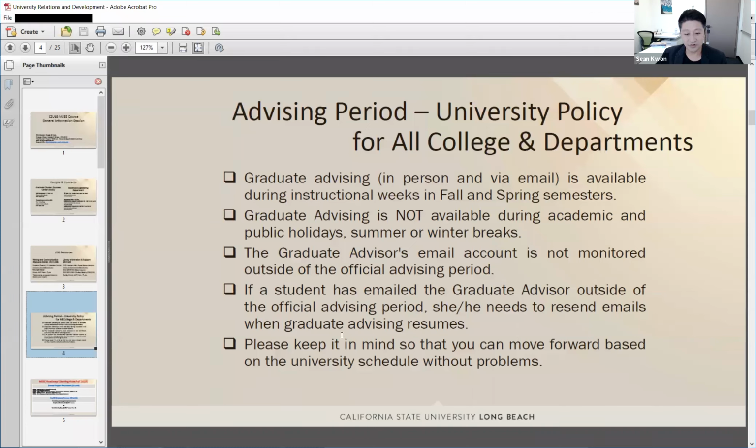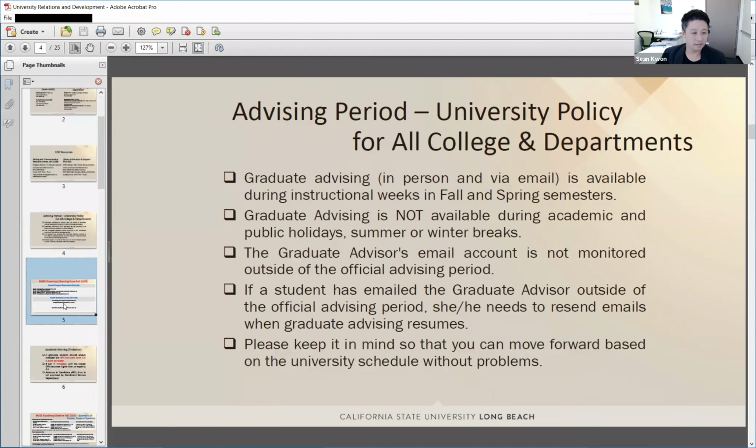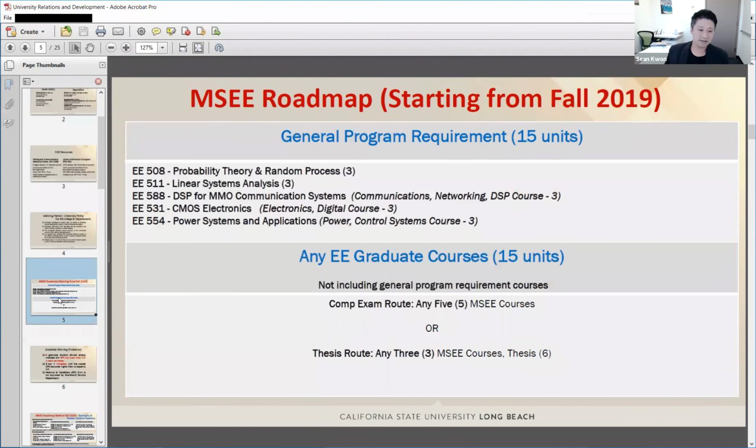Again, I highly encourage you to move forward following the university schedule, not your own schedule, although we respect your schedules. Regarding the university schedule, the main schedule falls within the regular semesters, again, fall and spring semesters. The next slide explains the 5 mandatory classes. But before that, I would like to emphasize